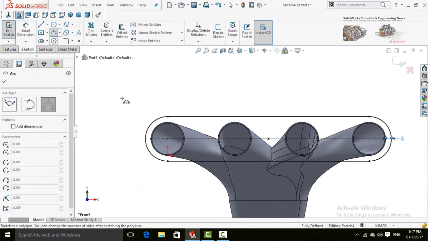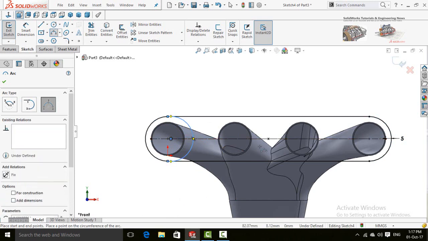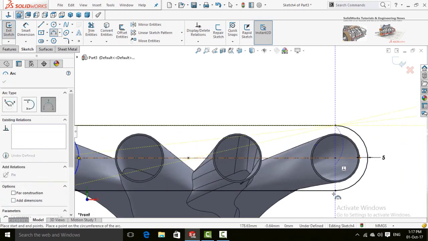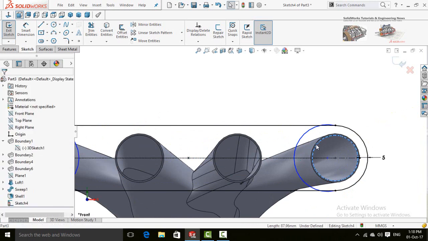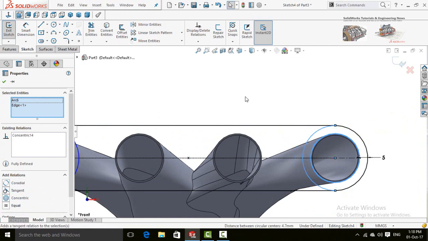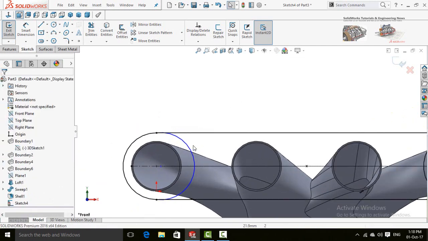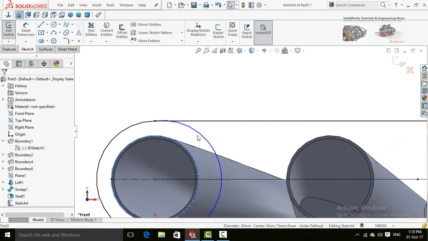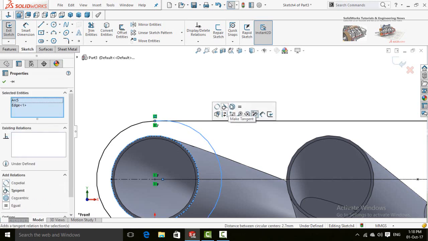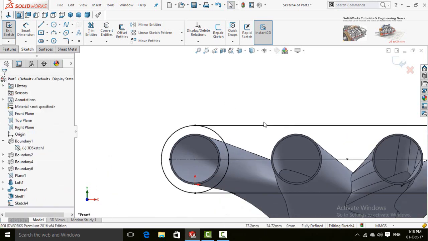Draw center point, the 3-point arc. Select this circle and this arc and make them concentric. Similarly, for this arc, make concentric.